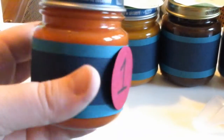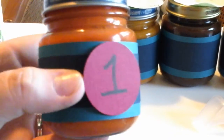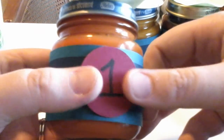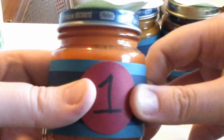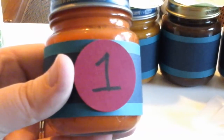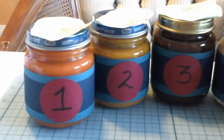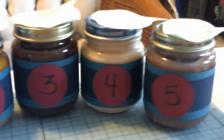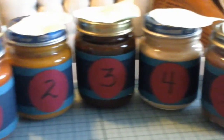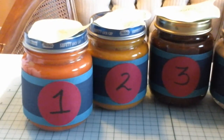So I'm happy with how that looks, and I'm going to actually take this off, coat it completely with the glue tape so that I can press it down completely on the bottle, and I'm going to do that for all of them. So now all the numbers are attached. You can see 1 through 5, and now you can take off the indicators on the top to let you